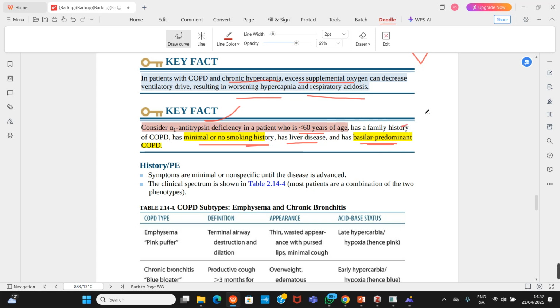So there's a family history because it can be inherited. It's kind of genetic. There is a basilar predominant COPD. This person is having liver disease with no smoking history: alpha-1. Now, the reason why they can have liver disease is because